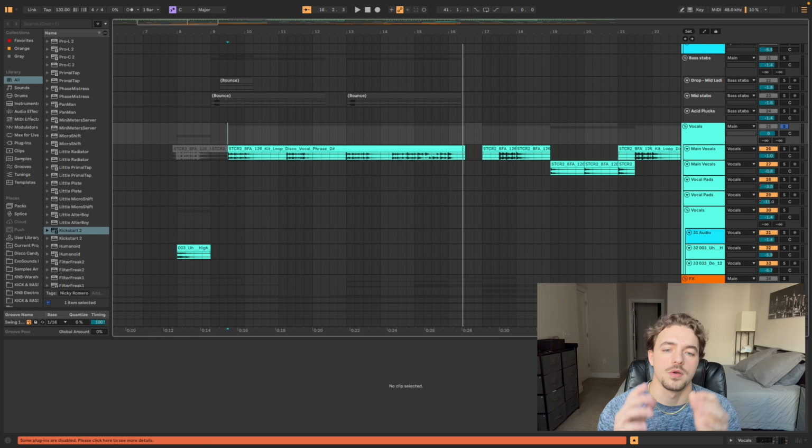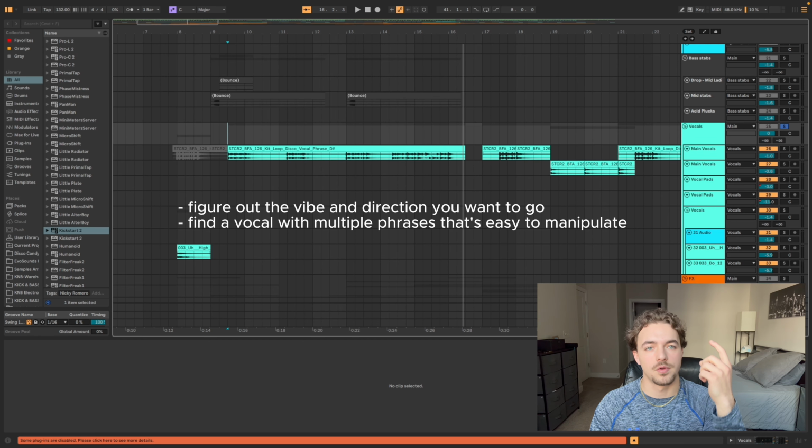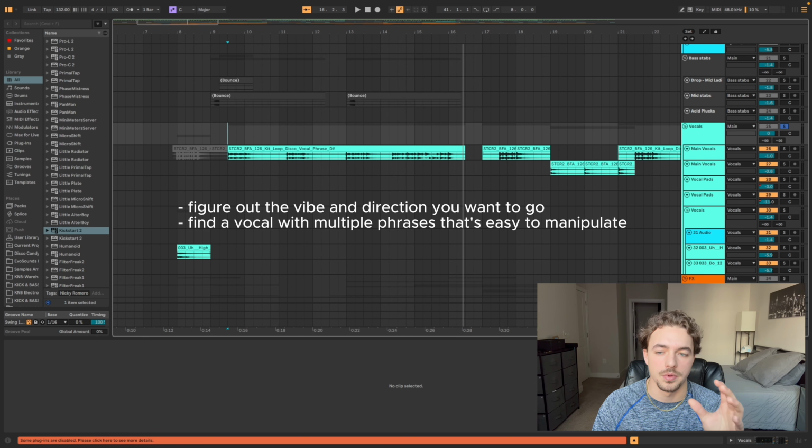Disco. And it also has multiple phrases, as you can hear. That's the full phrase out. I would try and find stuff with multiple phrases like that, just because it's easier to cut that up and manipulate and add variation throughout your track, which is what you want to do. You want to be able to change up the phrasing, because that's going to be better for the listener and it's going to help your track sound a little bit better. You don't want to hear the same phrase over and over. So that's usually what I look for, is just figuring out the vibe you want and then making sure it has multiple phrases if possible that you can cut up.